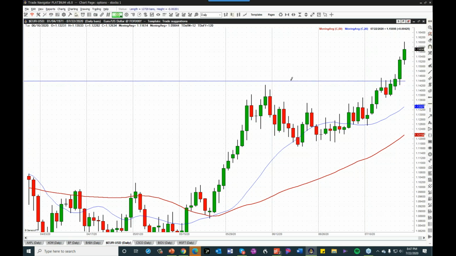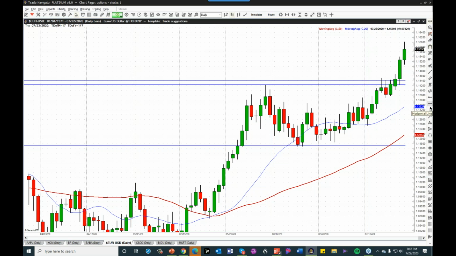Okay, so resistance, resistance, resistance, support, support, support. As long as you have multi-tested resistance and multi-tested support, we have a box range, a lateral trading environment, right? And now we have a measuring target. We take the height of the box range and we add it to the breakout. So let's say 111.80